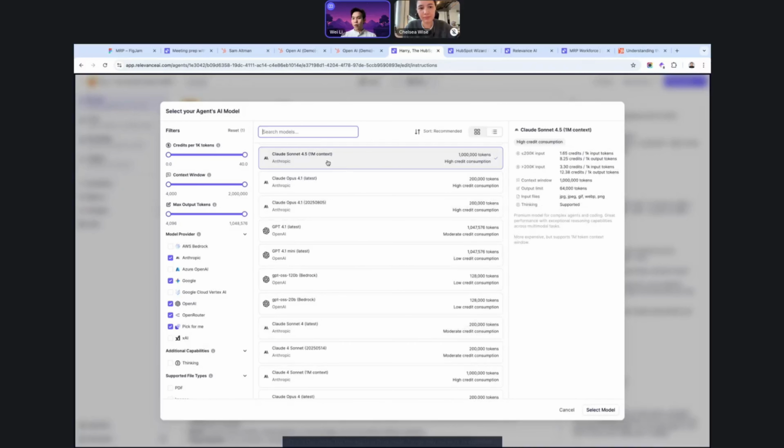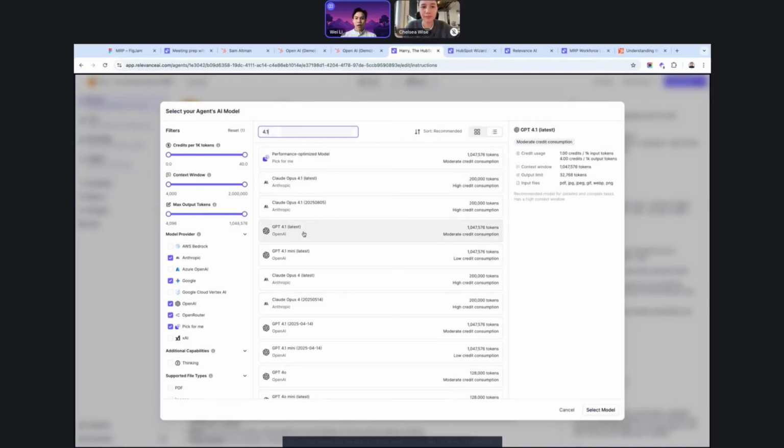This one is probably the most expensive, but it's also the best. For other use cases that we have running, I actually default to GPT 4.1. This is actually what is on the marketplace version of it, and it's about 10 times cheaper on average. It's a non-thinking model, but it's really good at calling tools. It's really good at technical documentation, and it's got a 1 million context window.